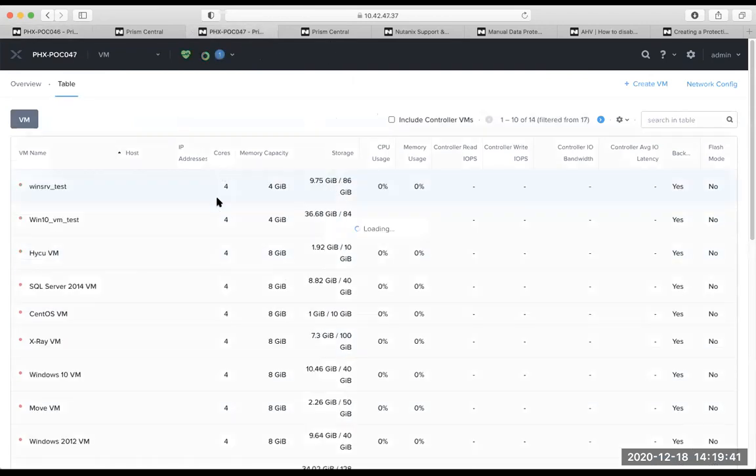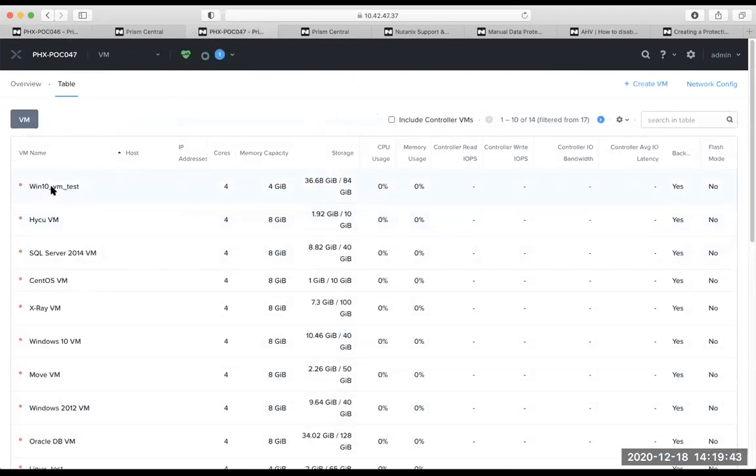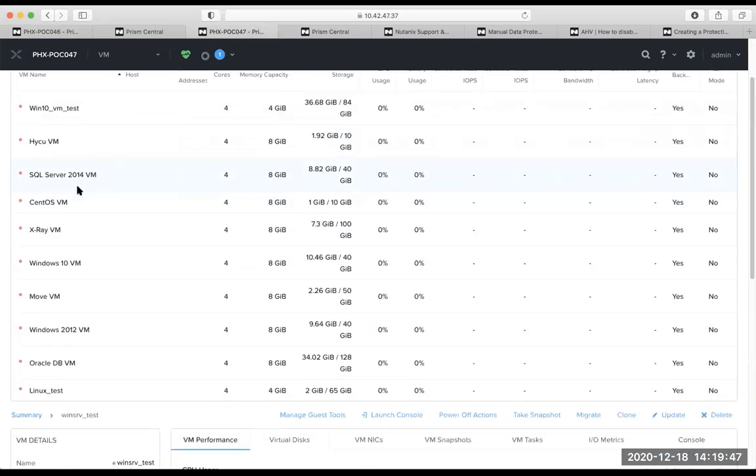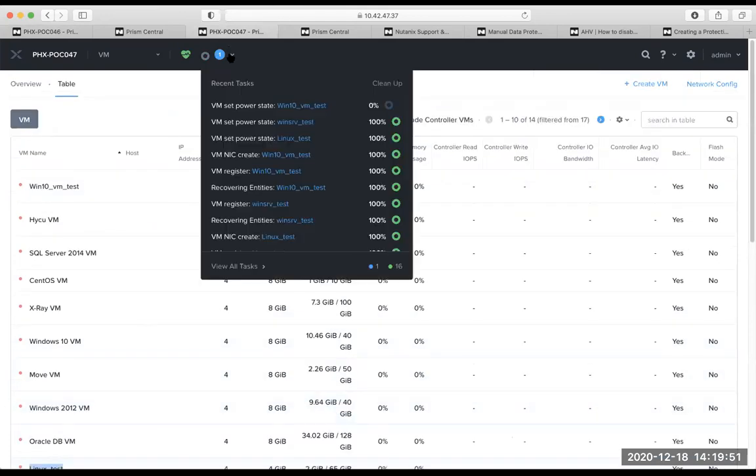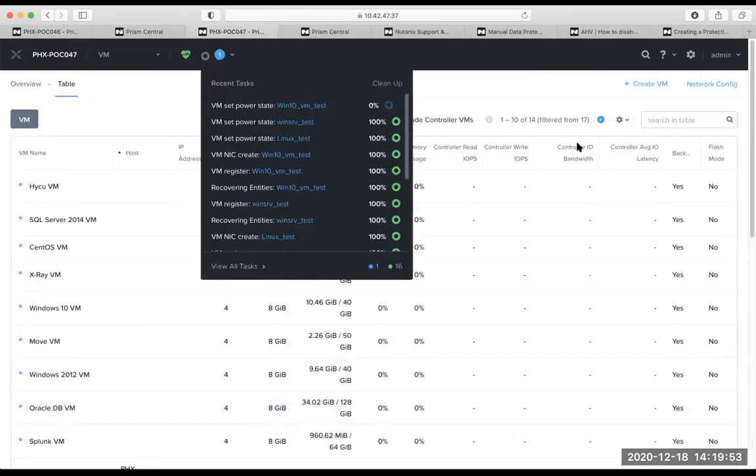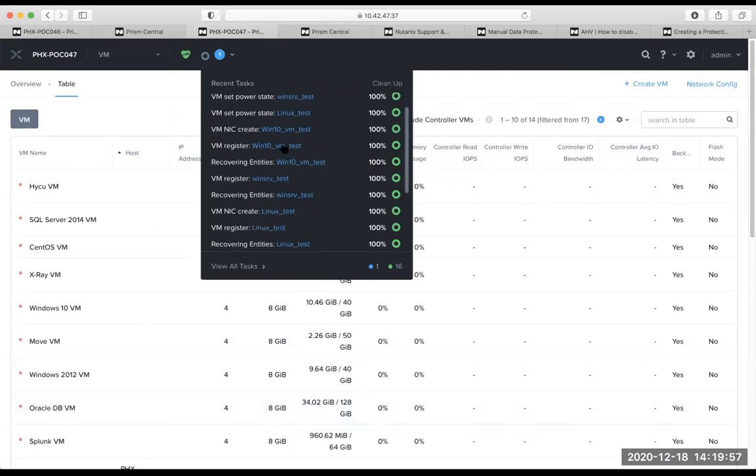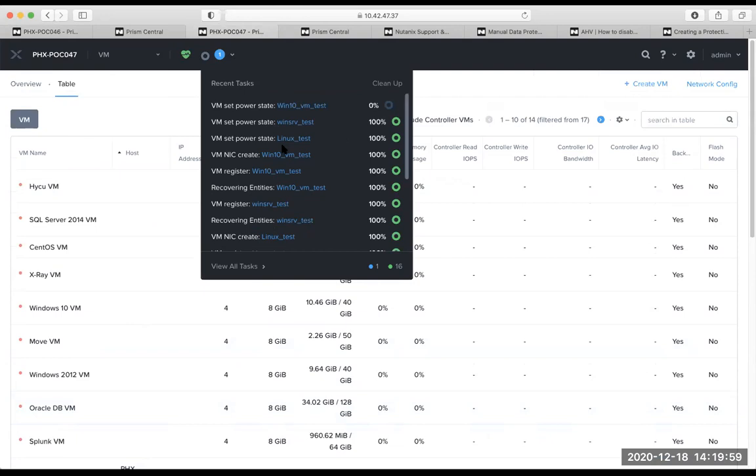Now slowly they should come up. See this, the second VM, Windows 10 VM test, has also come up over here, and Linux test has also come up, and it should power up any moment now. So this is the process wherein it has migrated, and now it will boot up on its own. This is how the DC to DR complete failover happens.